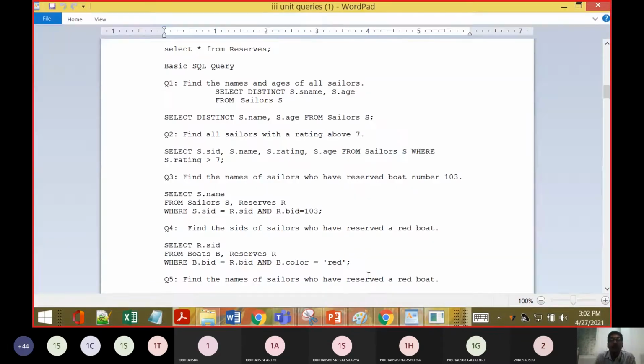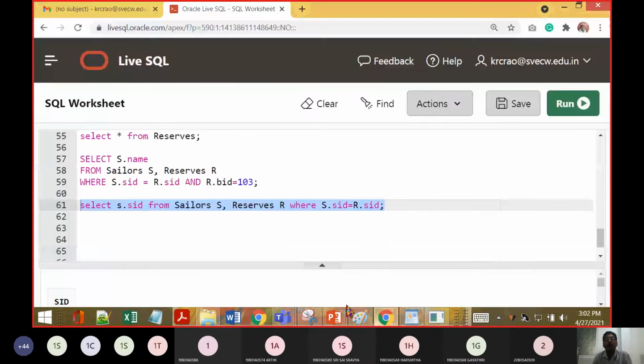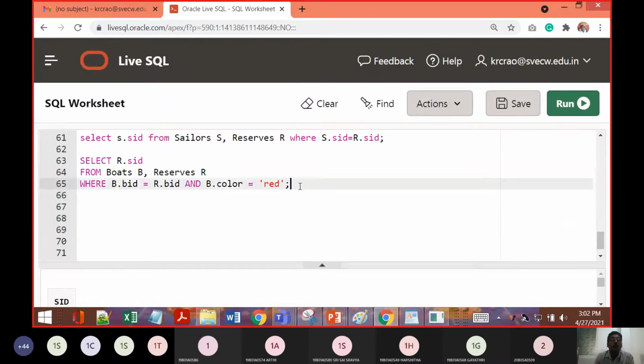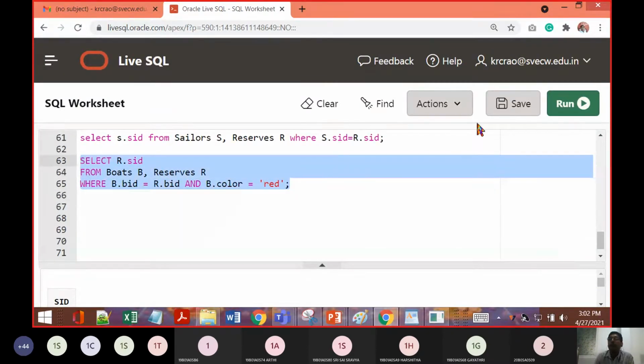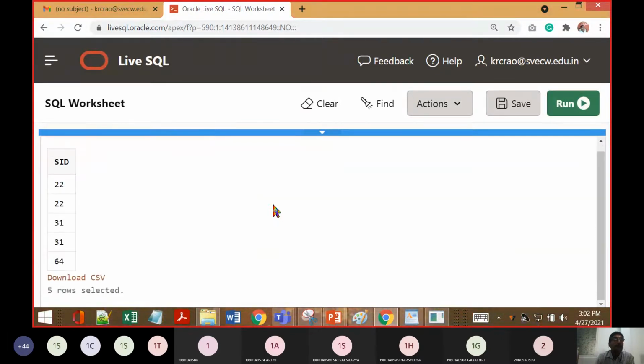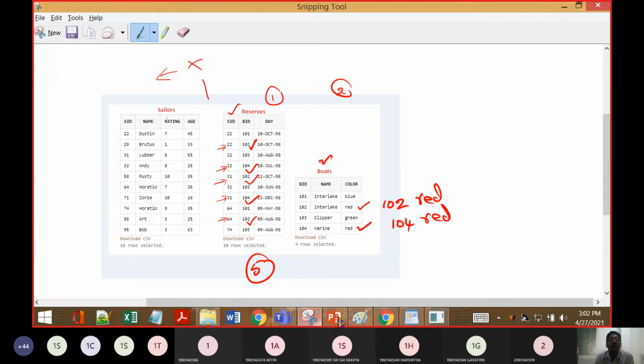So let us see what will happen when the query is executed. Now we are executing the query here. You can see the answers printed as 22, 22, 31, 31 and 64.